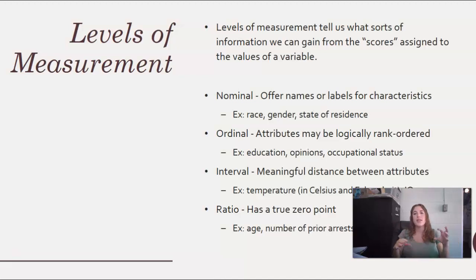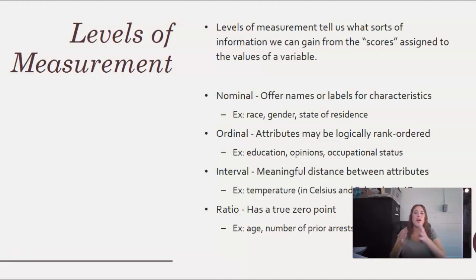If we were to mix things up and we took some college and put it in between middle school and high school, then now our ranking doesn't make any sense because you have to go through high school before you can get to college. So you're messing up the rank order of things and it's not going to make logical sense at that point. It doesn't matter if you assign them different numbers. You could assign grade school education as being a 2, and you can assign middle school education as being an 8.